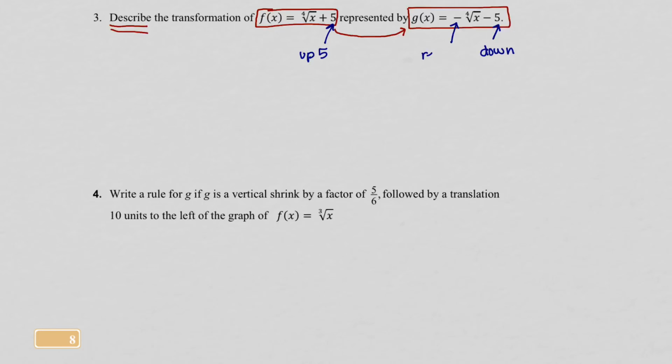It's a reflection. Well, that's all it's asking us to do, is to describe what happened there. So I'm just going to go ahead and say that from my original, which is f of x, to that other one, which is g of x, where it wants us to end up, there is a reflection,